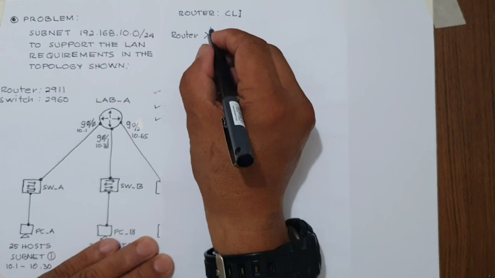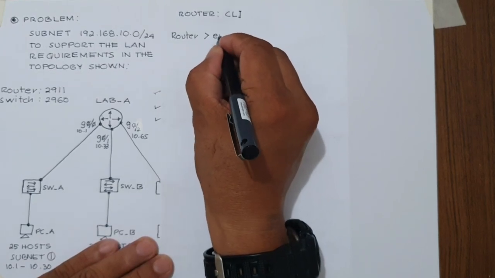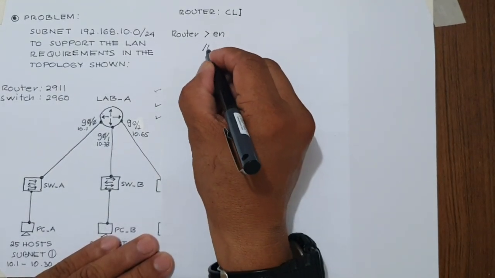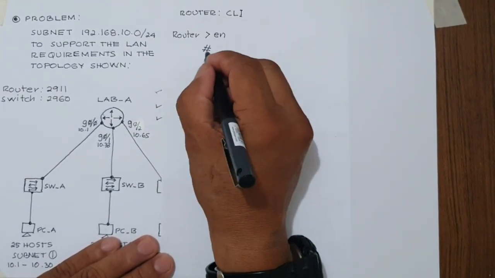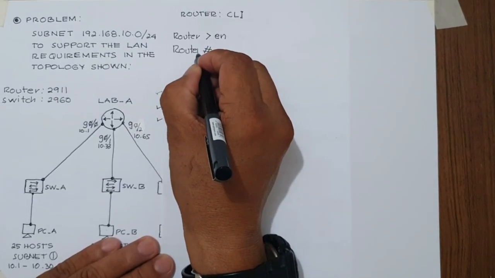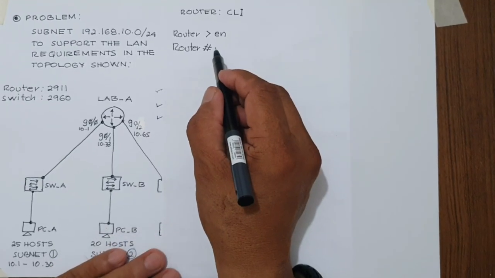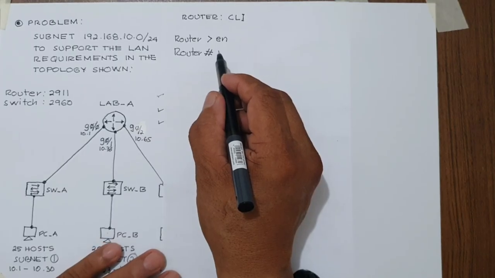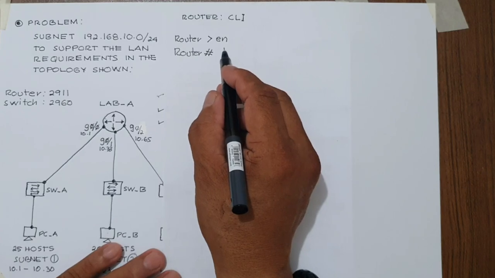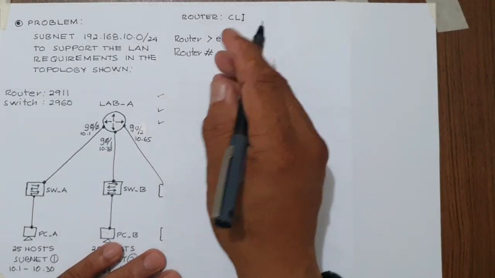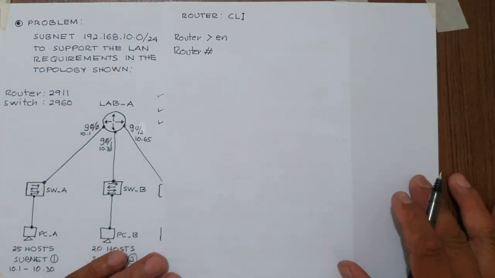This is actually what we call the user mode of the router, where limited commands can be executed. So the first thing we do is to type en, which is a shortcut for enable, so that we will be shifted to the privilege mode of the router. In the privilege mode, there are many things that we can do. We can save, we can diagnose, we can issue commands used in diagnosing connections like ping, or you can check the routing table and many others. But we'll just be focusing on the basic configuration.